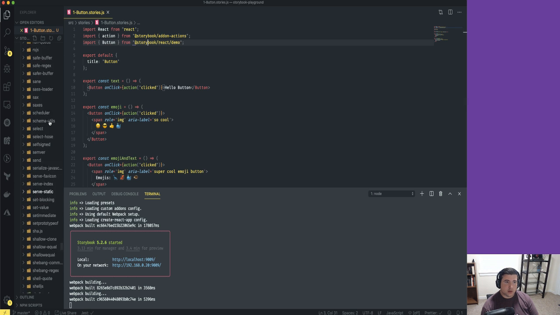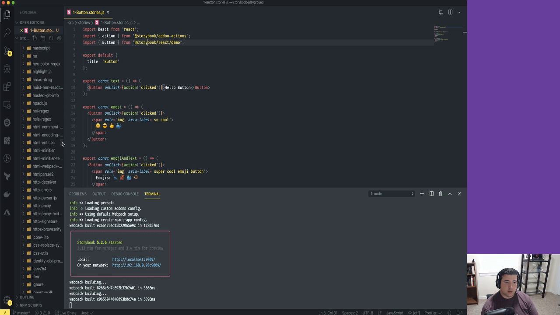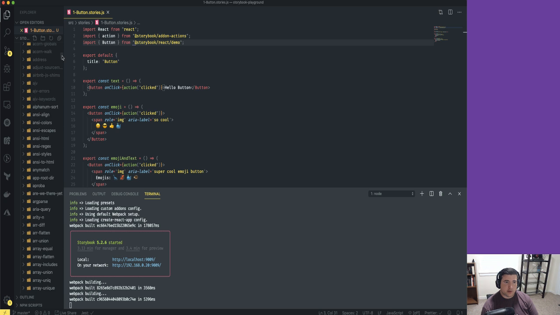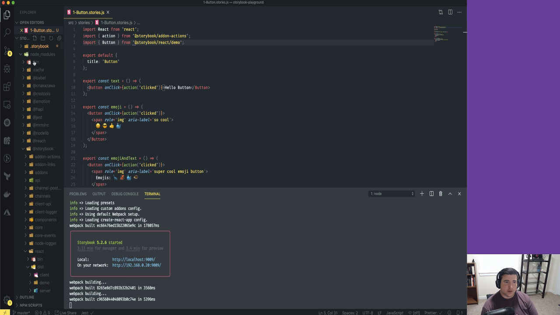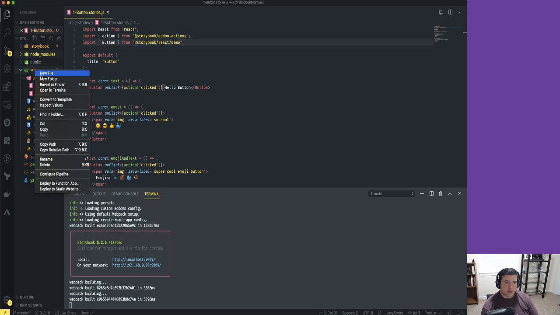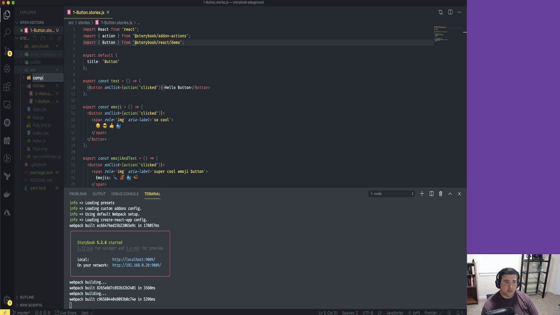Oh man, I shouldn't have done that, because now I am deep in this node modules folder. Okay, get out of there. Okay, let's make a components folder, and then we'll make a new file. We'll just call it